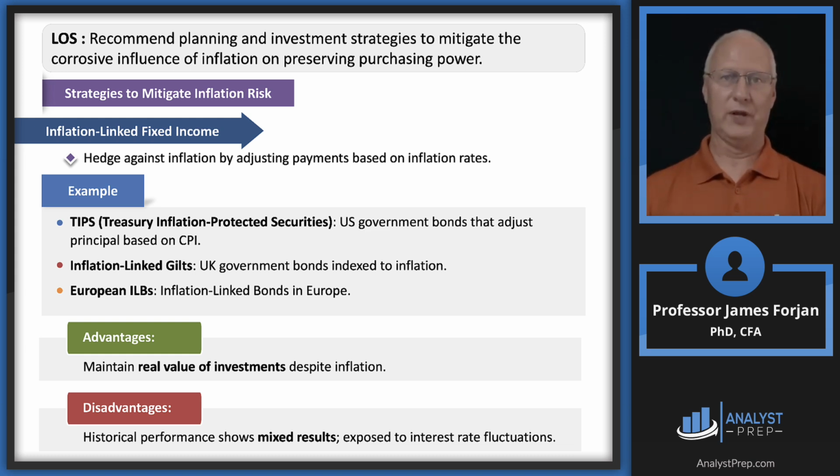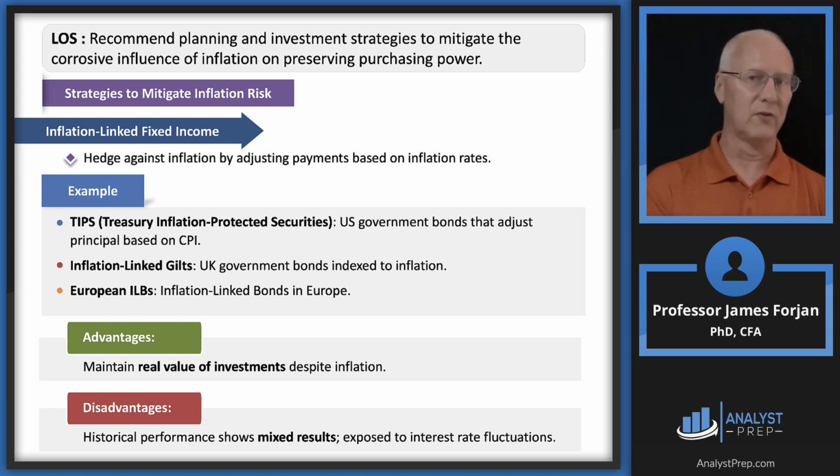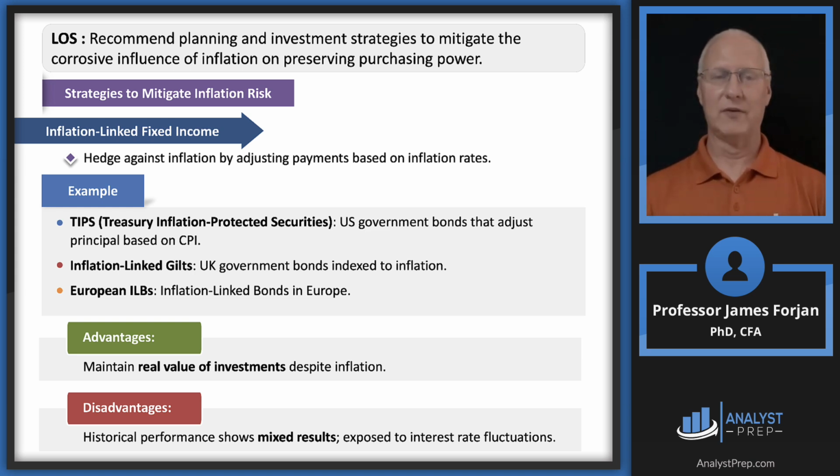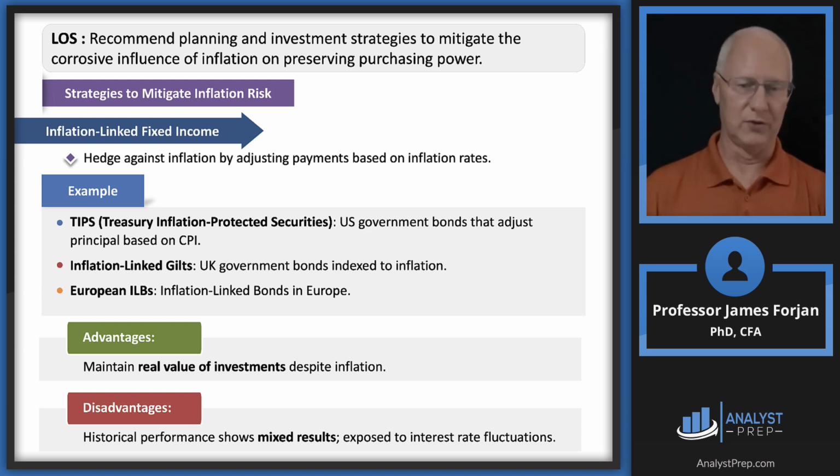Now, the problem, of course, is remember that with immunization with a bond, we do that by matching duration and investment horizon, and duration is just the first derivative, and we need to worry about second derivative. So when you do that immunization strategy for the bond portfolio, you have to monitor it and evaluate it and adjust, right? Dynamic hedging, we talked about that back in level 2. And same thing here. That's why historical performance shows mixed results, but those mixed results become much better results if we monitor and adjust and do all those other kinds of things.